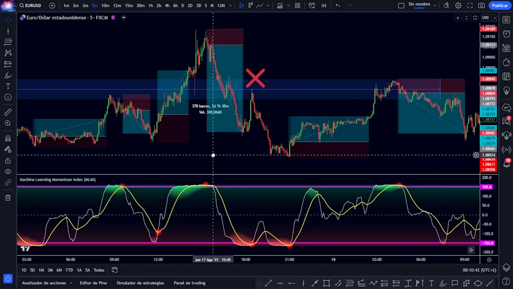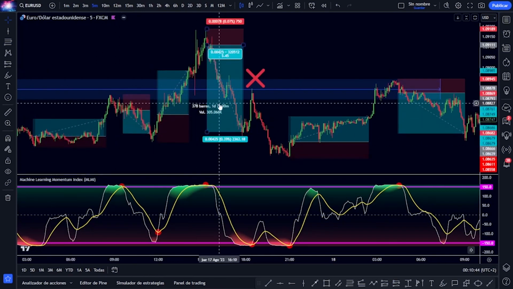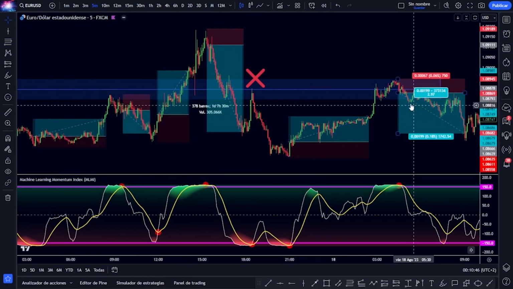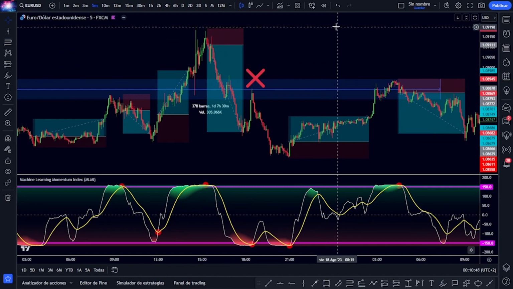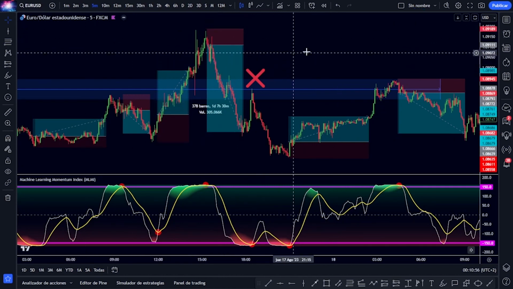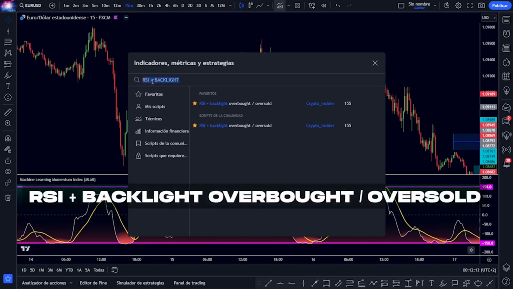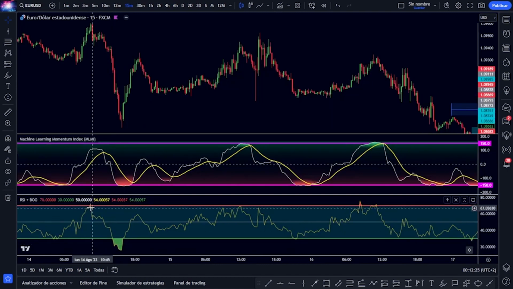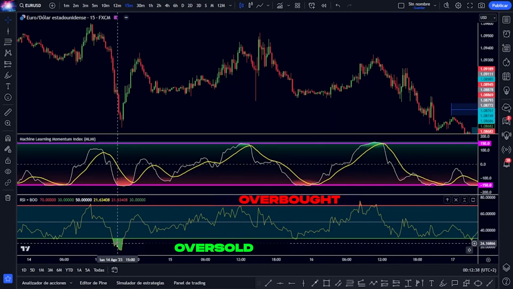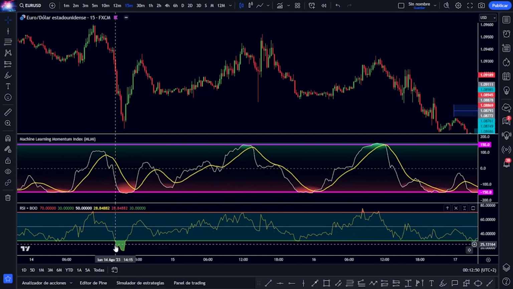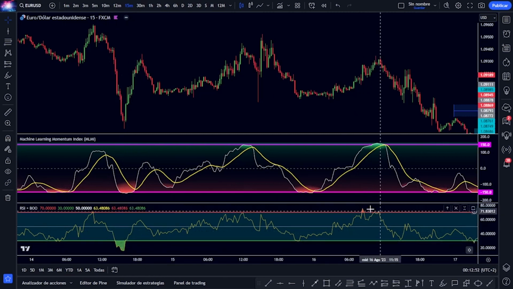In this case, in less than a day and a half, we have taken 4, 5, and 6 positive operations, with very high profits and ratios, and only 1 negative operation. If we want to filter even more, we can place the RSI plus backlight overbought oversold. It marks the areas where the price is overbought and oversold. Then we could only enter in those signals that occur when the price comes from being in one of these